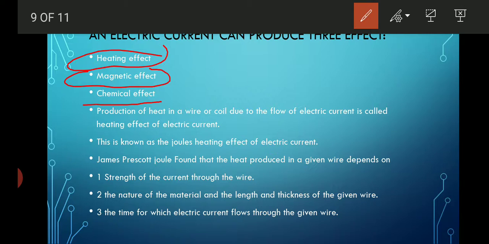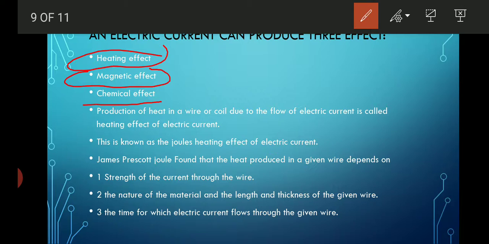Students, we have just discussed resistance, and resistance can be compared with the force of friction. For example, when you rub your palms against each other, what will happen? You will find that your palms become warm due to the friction between the surfaces of your palms. Similarly, when an electric current passes through a high resistance wire, the electrical energy is converted into heat energy, and this heat energy heats up the resistance wire. This is called the heating effect of electric current.